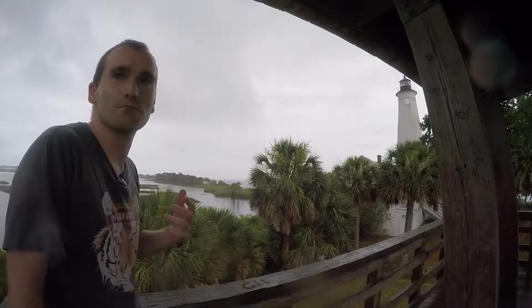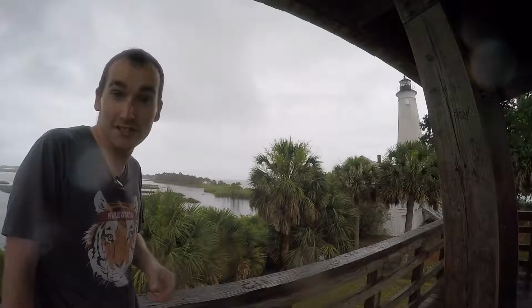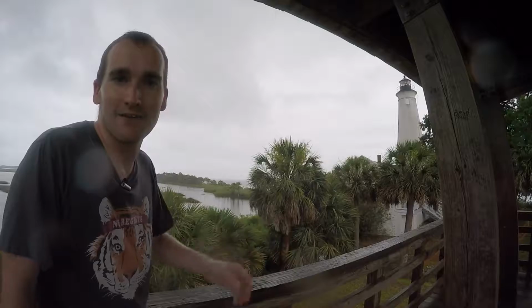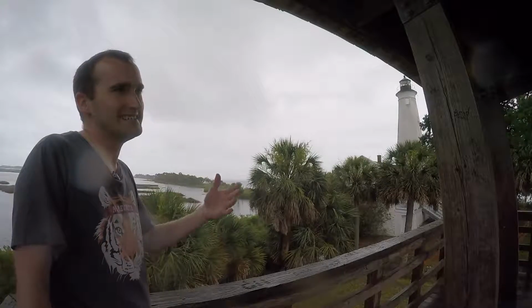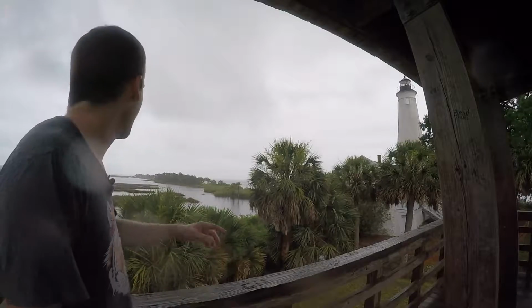I would almost consider this more of a depression than a tropical storm, but it has met the qualifications to be a tropical storm, which is just that 39 mile per hour or greater threshold for the winds, which the hurricane hunters did measure. So last I've heard, it's about 40 to 45 miles per hour. We could see it reach 50 as it gets closer, but we're not expecting too much strengthening